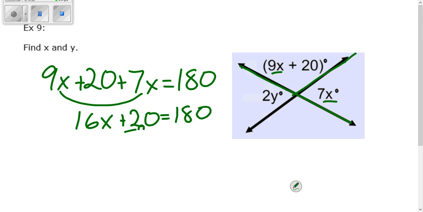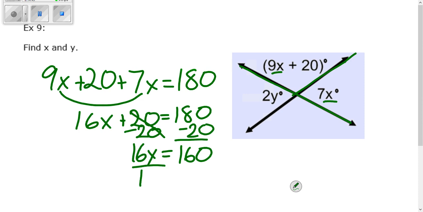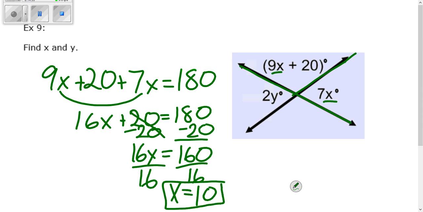Let's get x by itself. Divide by 16. And x equals 10. So we know x equals 10. Now we can use that to help us find y. So we can take 10, plug it in for x,